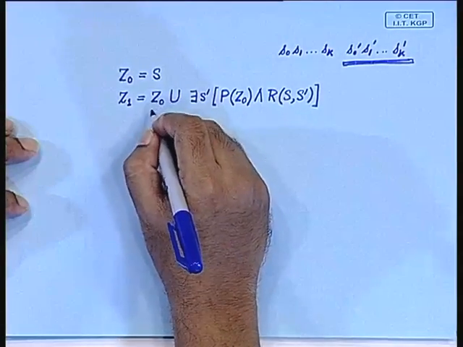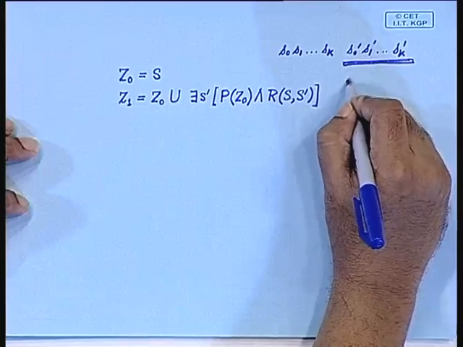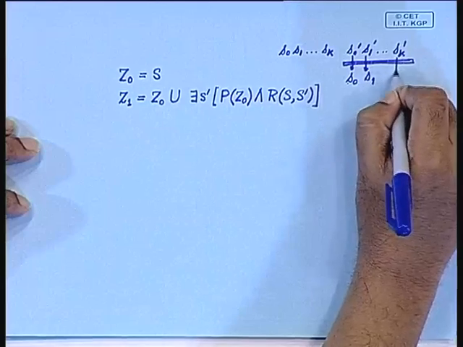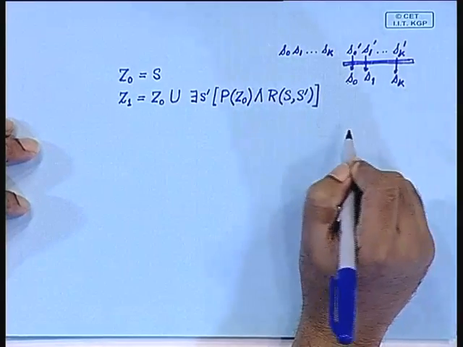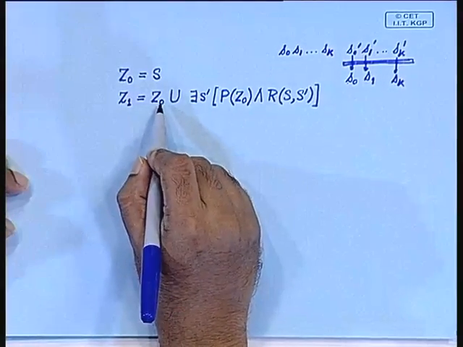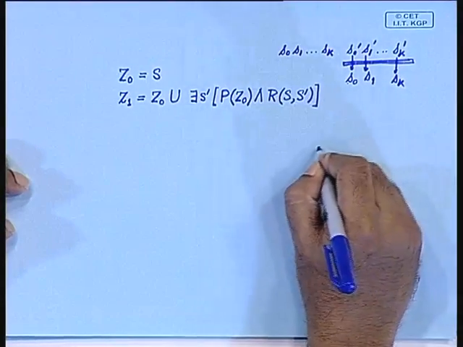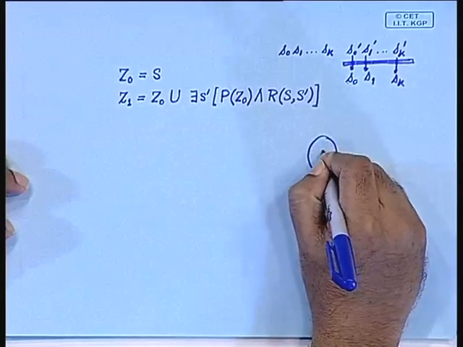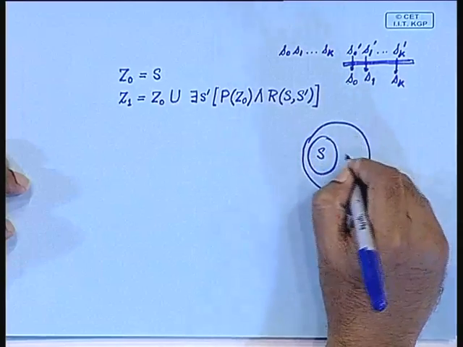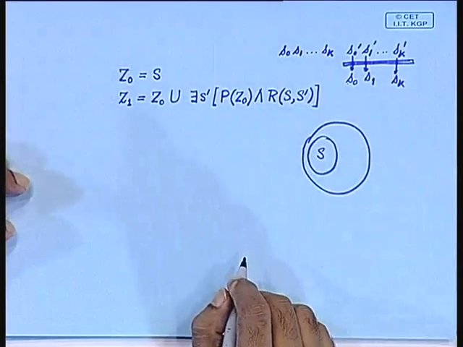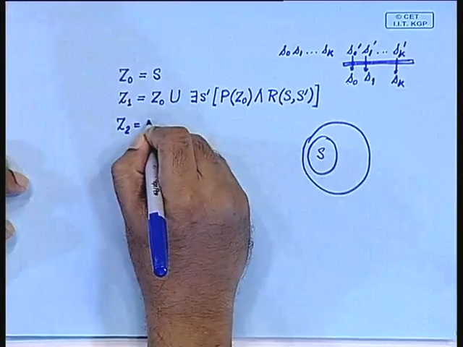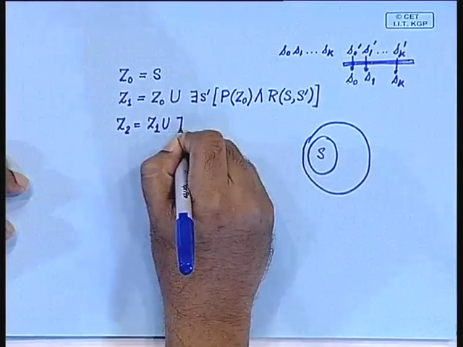But in order to take union with Z0, we must rename S0 dash to S0, S1 dash to S1 and Sk dash to Sk, right, because they are the same set of states. Now, what does this Z1 give us? The Z1 gives us that if we start with S, then Z1 is S union the set of next states of S, right. Then we define Z2 as Z1 union